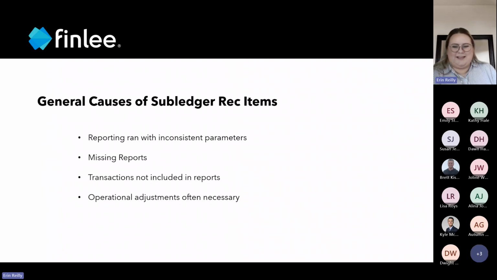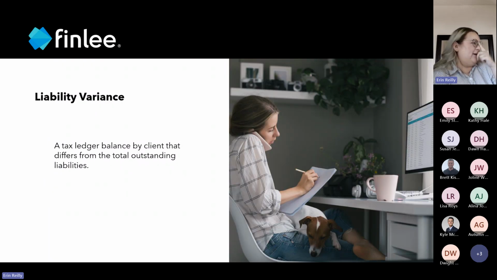So I wanted to mention that again, although I mentioned that last time as well. It's a topic worth talking about again. So talking specifically about liability variances, more generally, when we're talking about that term, it is referencing the tax